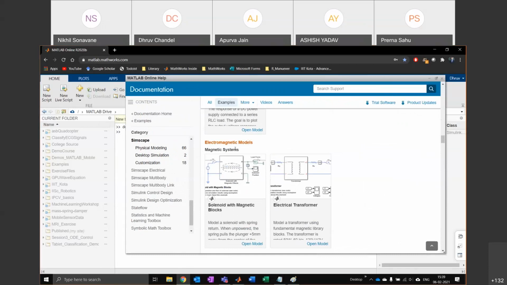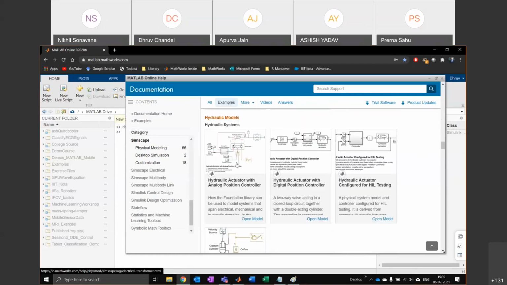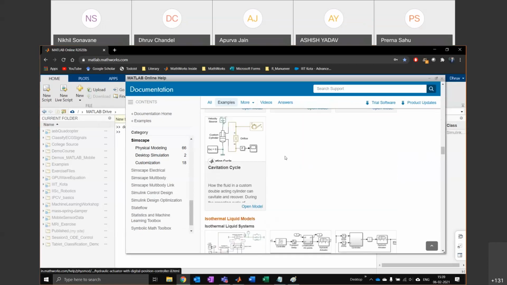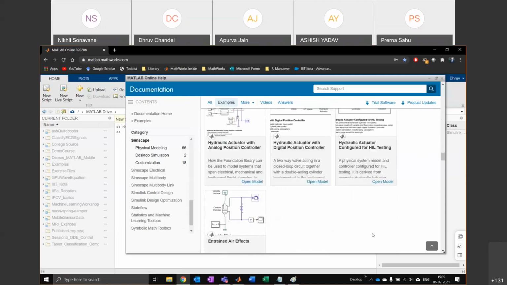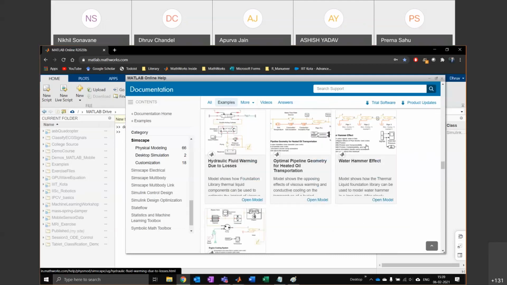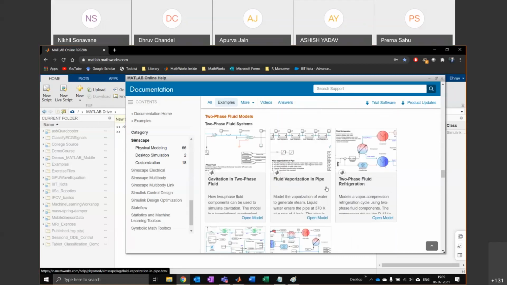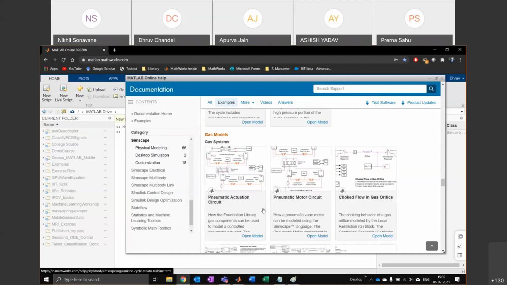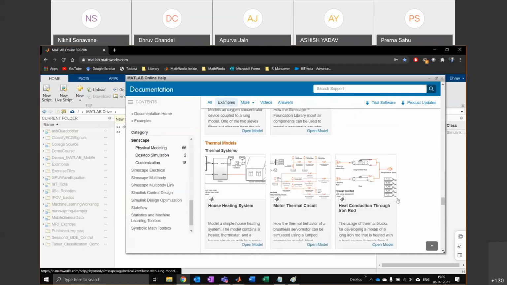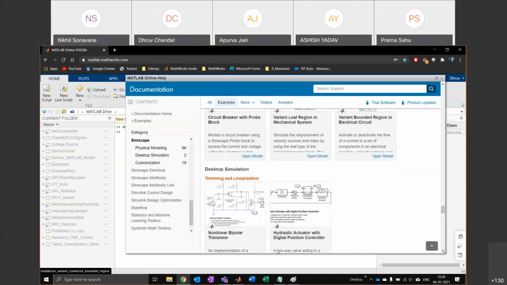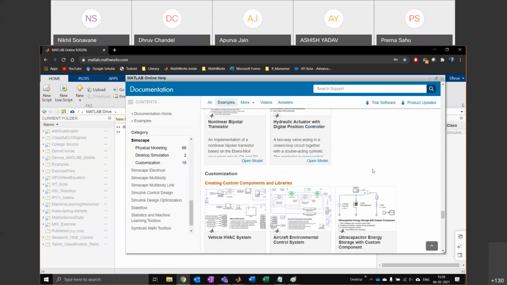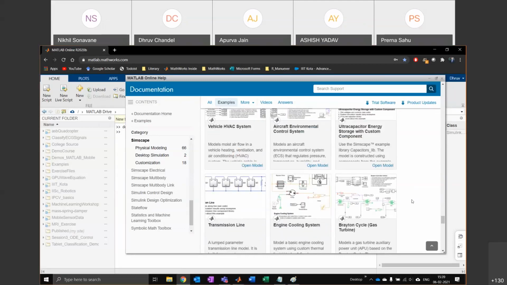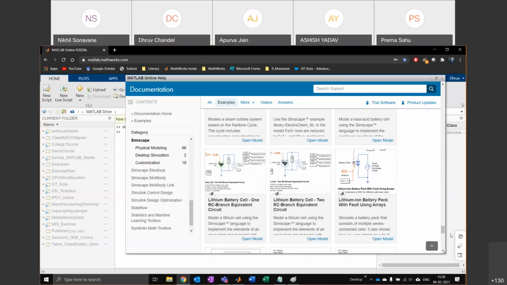And then you have electromagnetic systems, so transformer, which is an electrical transformer. Then hydraulic models, so they're all inside Simscape, basically they all connect to each other. And then thermal liquid models, so to model pipelines. Then your refrigeration models and turbine models. So it's all in Simscape. And the best part is you don't have to really understand the maths. As long as you can build the model, Simscape will work out what the mathematics should be. You just have to build the model with the components that are given.